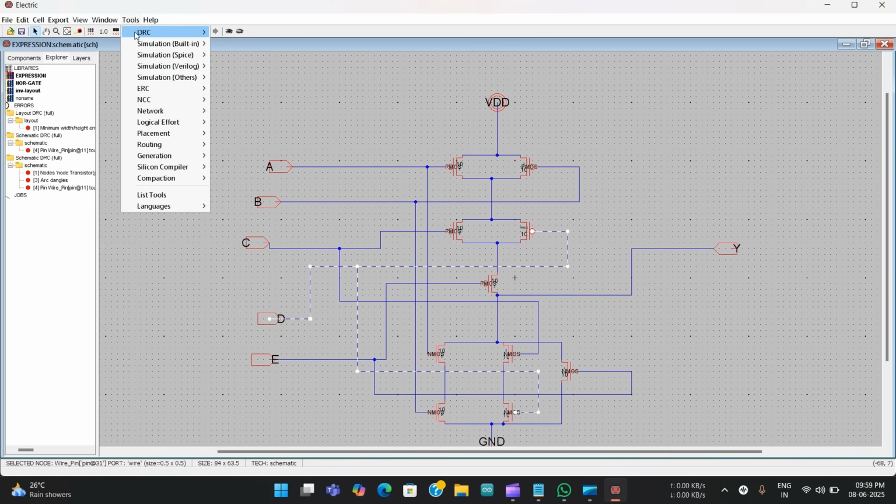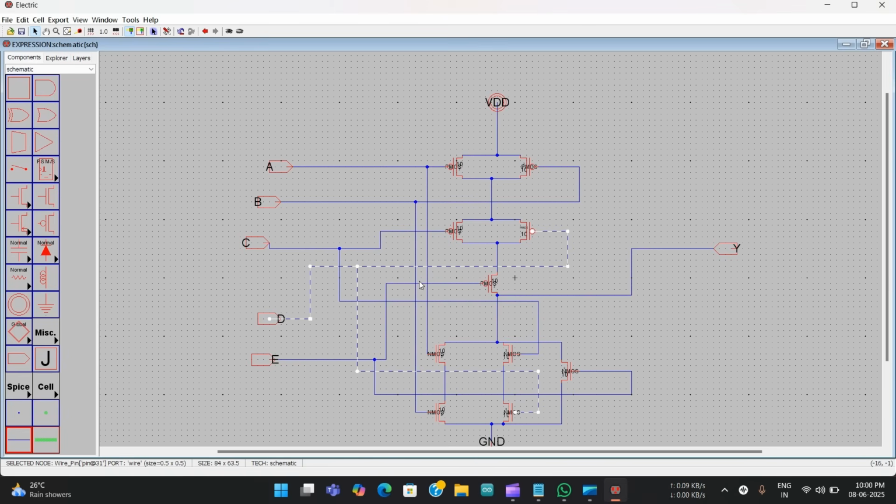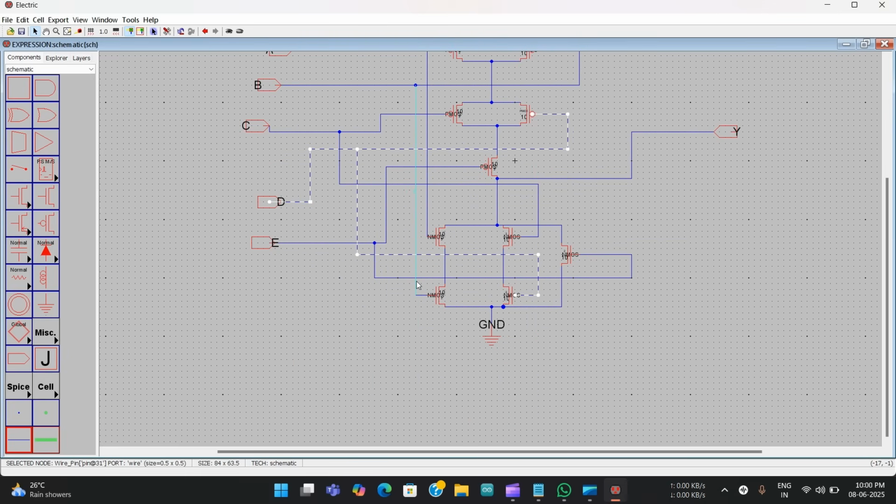So now again tools, DRC, check hierarchy. Yeah. So now we don't have any errors. Okay. So like this, the schematic part is done. Since there are many wires overlapping, right? That's why you would be getting a lot of errors. So now